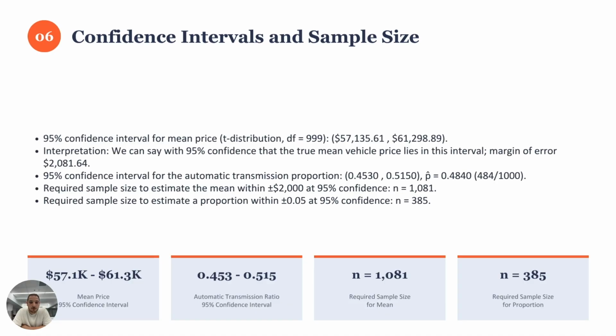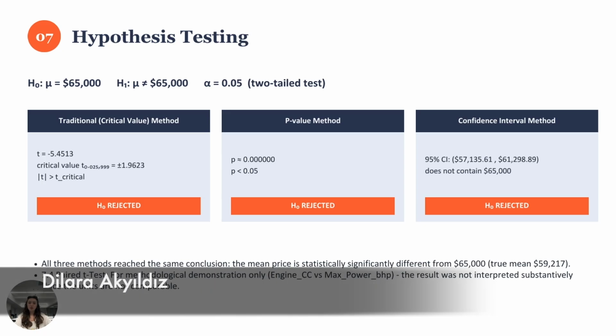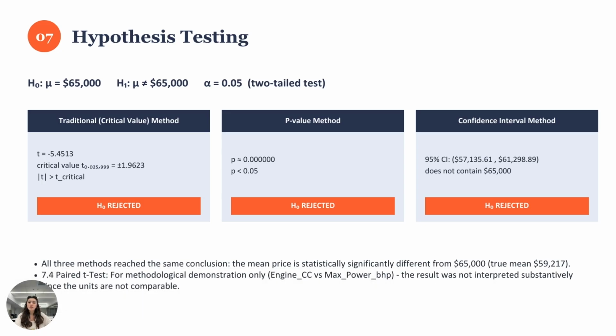Now, I will hand over to Dilara for hypothesis testing and group comparisons. Here we tested a hypothesis with three methods. Null hypothesis: mean price equals $65,000. Alternative hypothesis: not equal, at alpha equals 0.05, two-tailed. Our t statistic is minus 5.45, beyond the critical value of plus or minus 1.96. The p-value is almost zero,